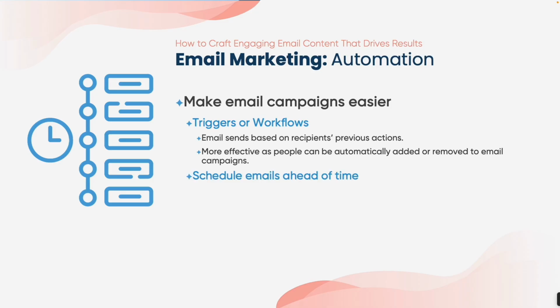If your platform doesn't give you the ability to do a workflow or trigger sequence, then you can actually just manually go in and create a series of emails and schedule them ahead of time. Now, this is not going to be a workflow. It's not going to be based off of anyone's behavior. Once you send it to your list, like you have 5 emails scheduled to go out once a week to a certain list, it's just going to automatically go out as scheduled ahead of time. They're not going to get personalized based off of actions.